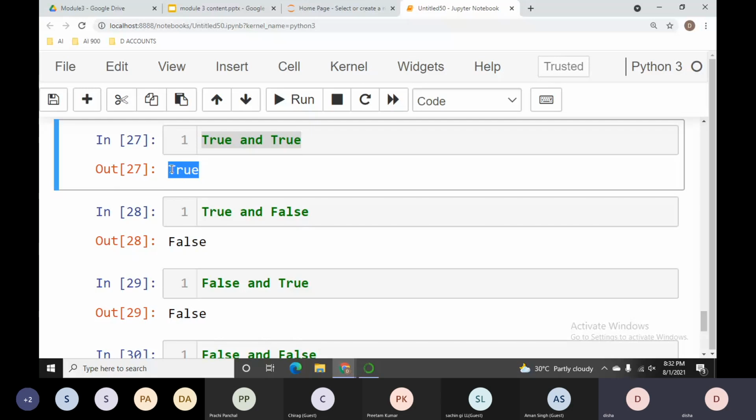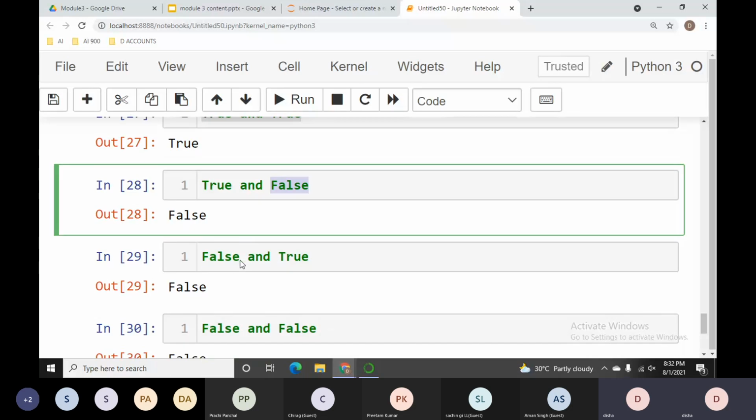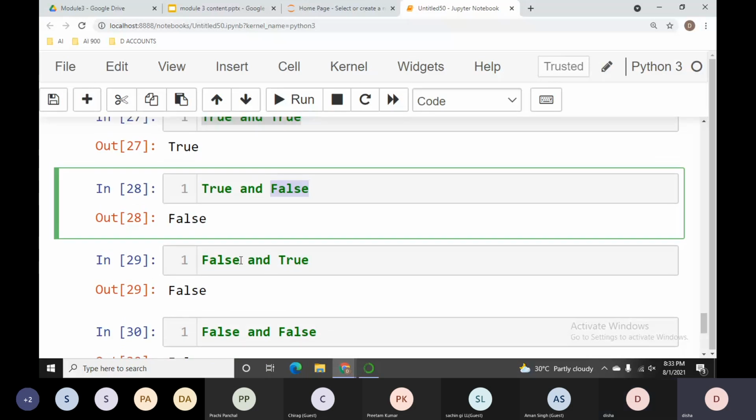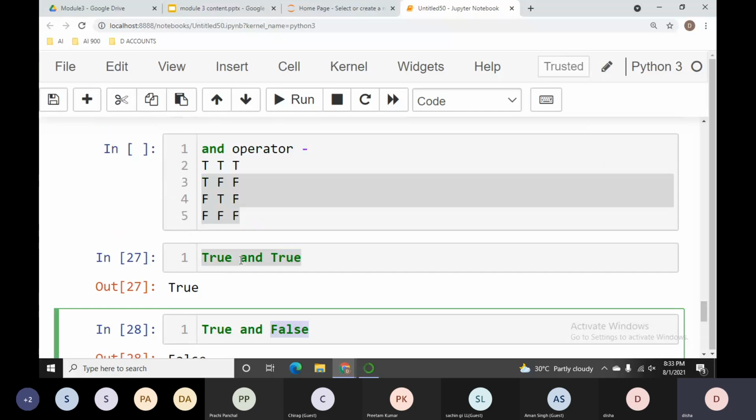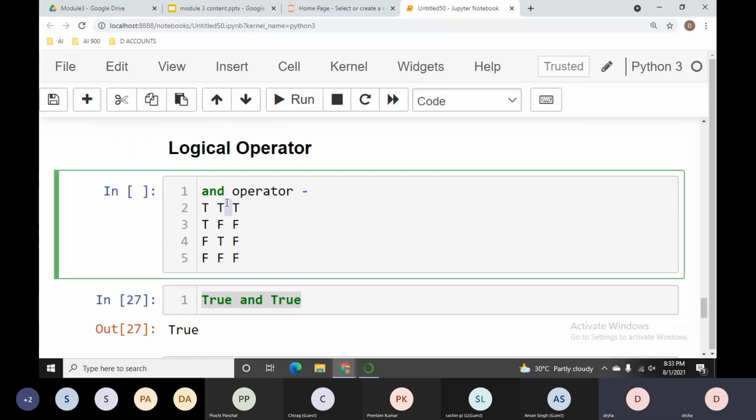Now if one operand or one condition is throwing the result true, but another condition, value or operand is false, we will get the result false. So you can remember one thing only: only when the conditions are true, when the values are giving the result true, only then our result will be true, otherwise our result will be false.